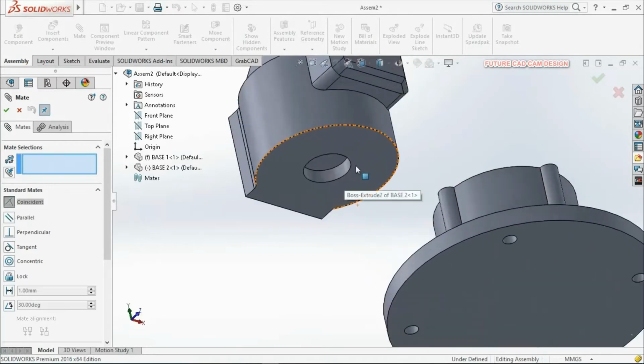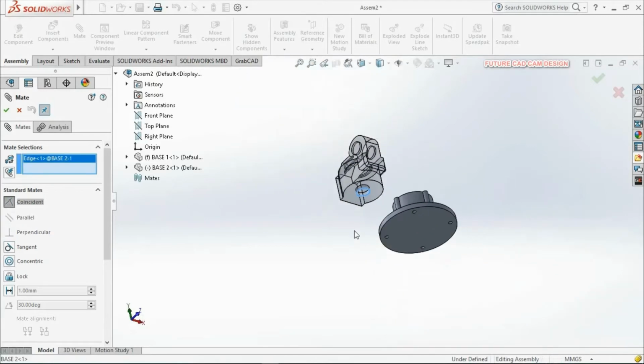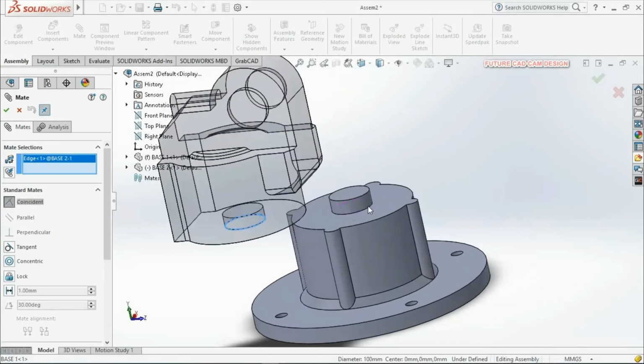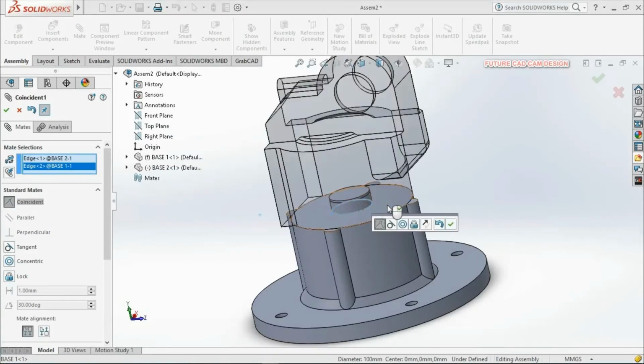After that, I am clicking this edge of the component, and this edge. Once you click both edges of both components, it will automatically get constrained. Here in the window you can see that we have selected two edges of two different components and given coincident. So the component is automatically constrained, and then okay.